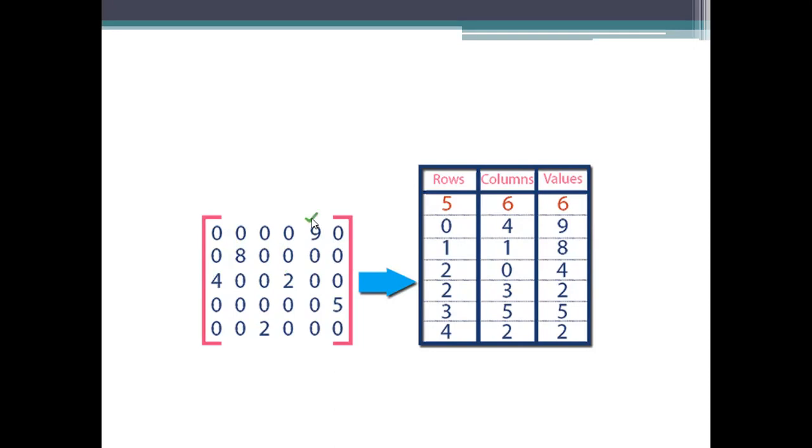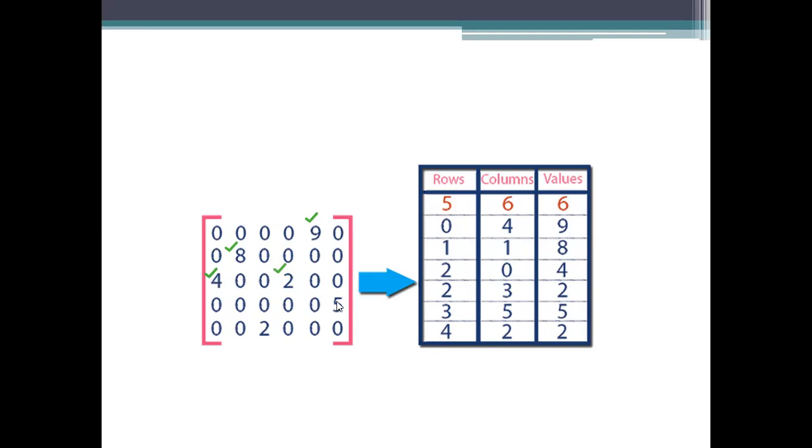When you reach the 4th column, you will have the value 9. We store its residing address, which is the 0th row and the 4th column, with the value 9. Coming to the next one, at the first row and first column, we are using 8. And then second row, 0th column, we are using 4. Second row, third column, we are using 2.